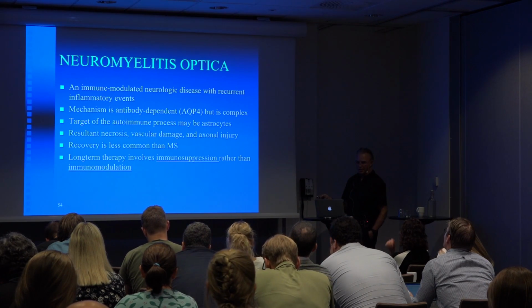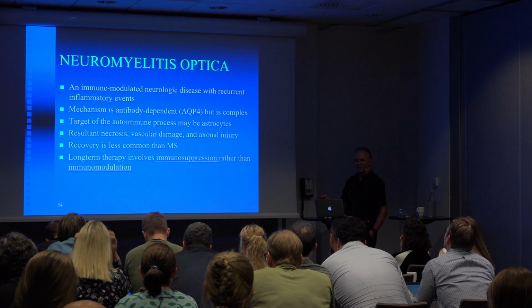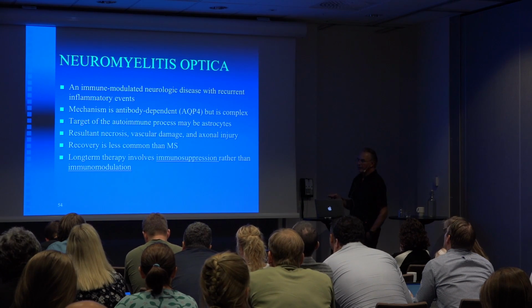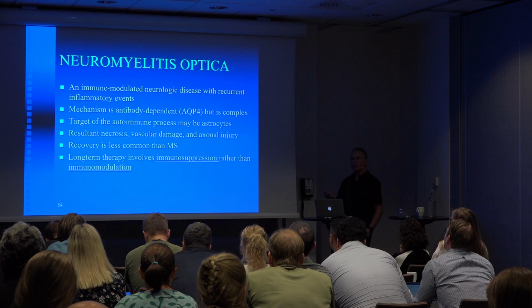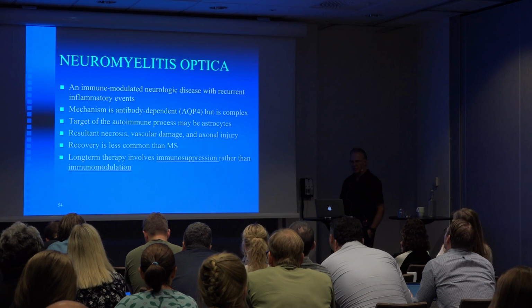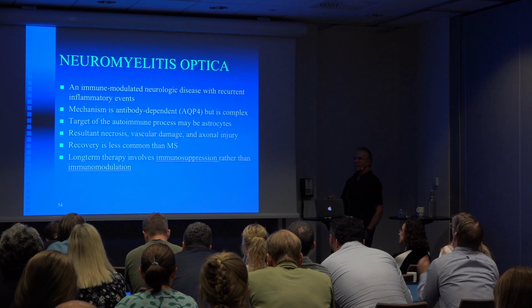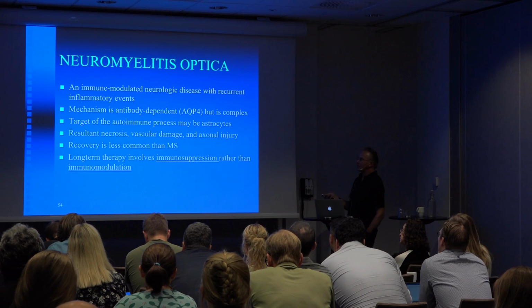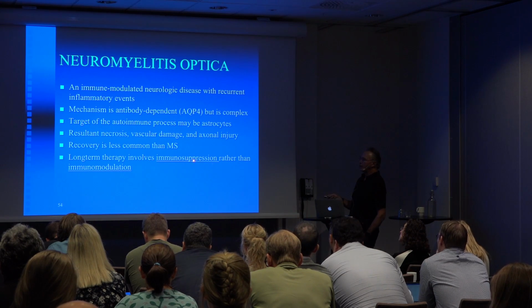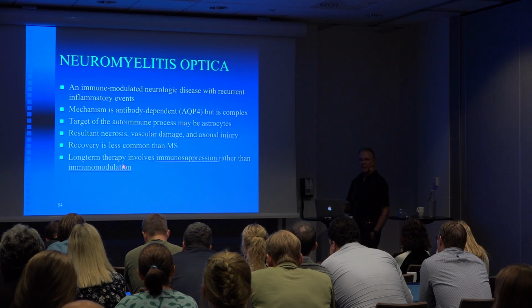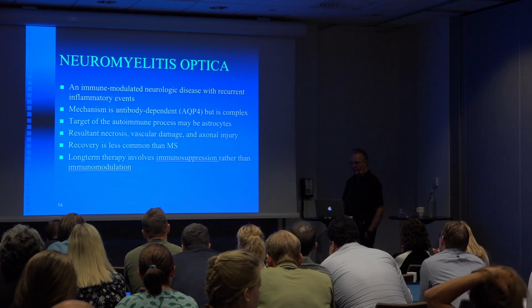They get necrotic disease. They get vascular damage in addition to their axonal injury. So it's kind of a worse, poorly responsive disorder. Recovery is less common than MS. And the treatment for neuromyelitis optica involves eventually immunosuppression rather than the immunomodulation that we were talking about for MS-related